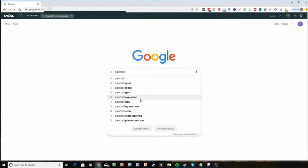And as you go down the list, you can be assured that these are the top search phrases. So what you could do is take these top searches and maybe look at these as subtopics. That might be a good idea, but there are lots of other ways that we can niche down in this topic. If I continue to type, let's take the top search, paintball guns, and now it's giving me